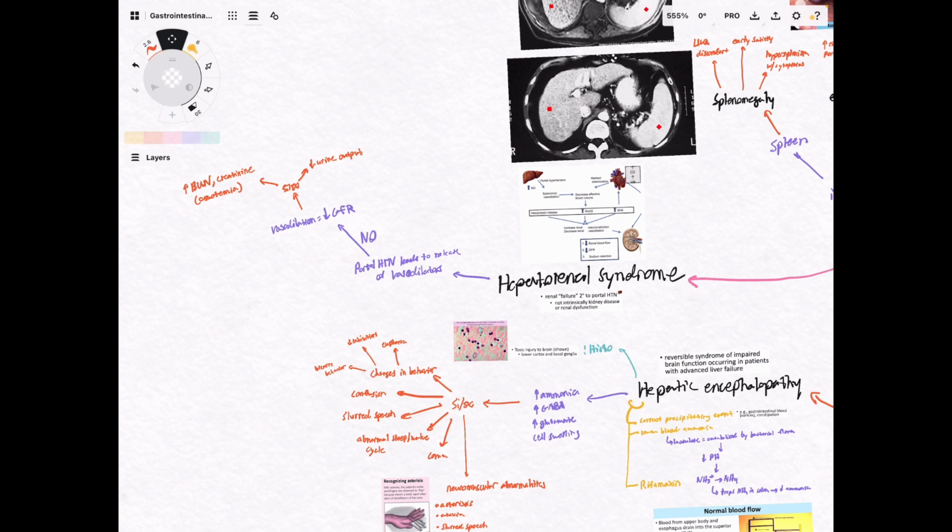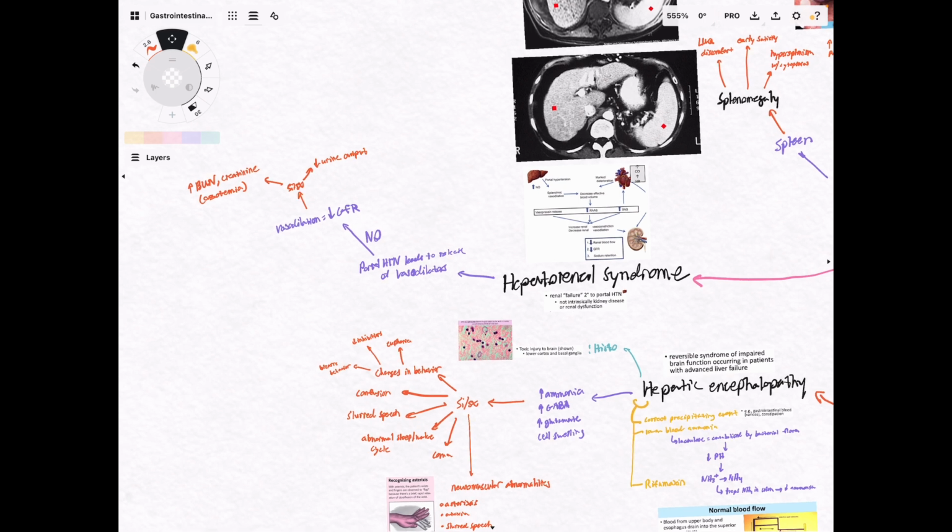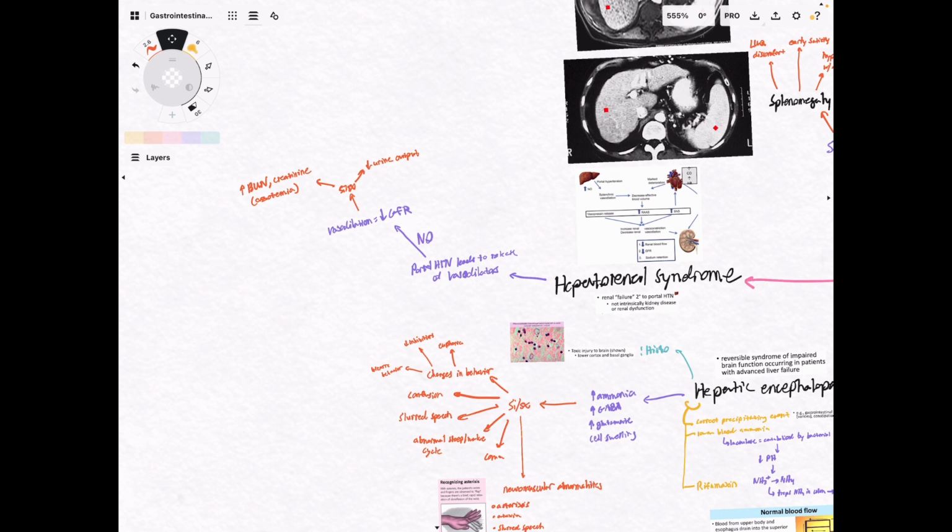The body's going to compensate for that by releasing nitric oxide. Again, nitric oxide is a very strong vasodilator, and that can affect the kidneys. I guess it would be vasodilating the afferent and efferent arterioles of the kidney, which would lead to a decrease in GFR if the efferent is dilated, and that's going to cause an azotemia, and this would be a pre-renal azotemia, remember. So it's not happening at the kidney itself. And remember, if you have a pre-renal azotemia, you're going to have a BUN creatinine ratio of 15 to 1, okay? It's 15 to 1, again, because